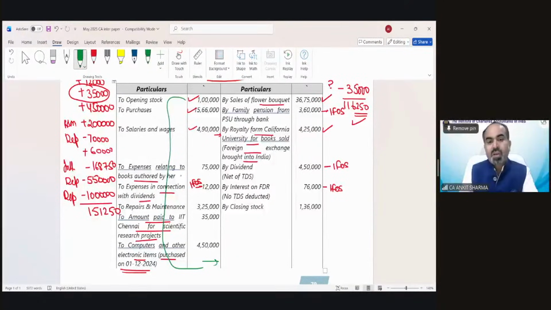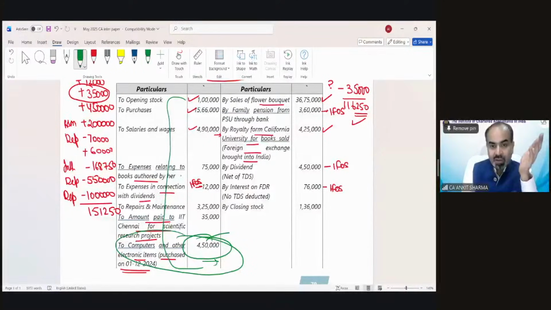Suppose this computer is also not included in PGBP, and suppose these are also given as part of additional information. Then we are not going to add 4,50,000. We are only going to claim the depreciation of 70,000. Because it has been included as capital expenditure, we need to add it back, and not in the case of the motor vehicle. Okay, Mr. Nagaraja. So you understand why the computer value is added? Because it has been claimed as a revenue expenditure in the P&L. That's why we need to add it back.